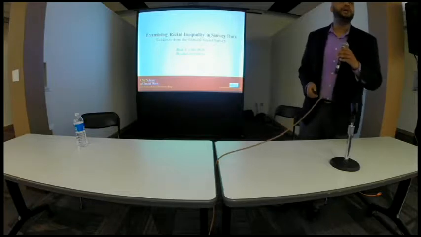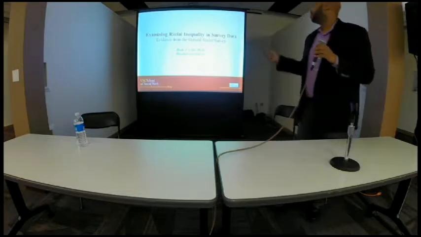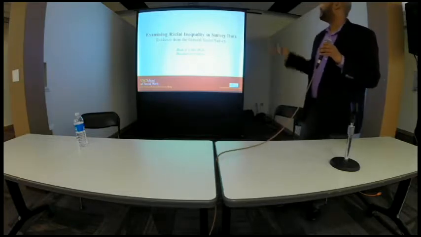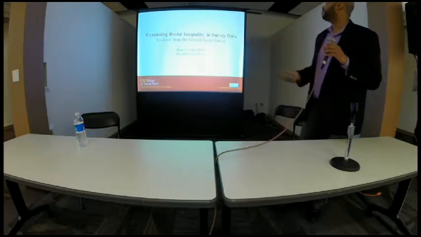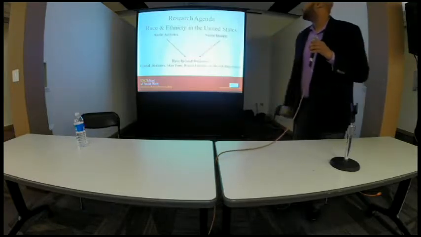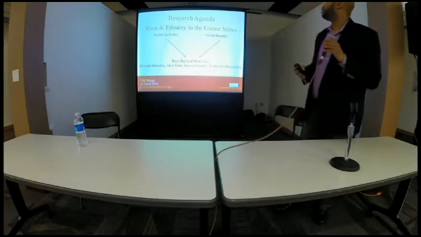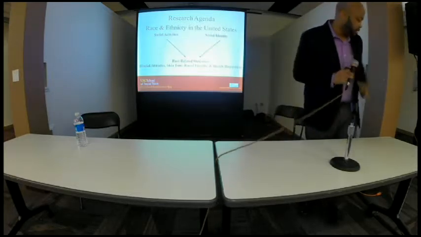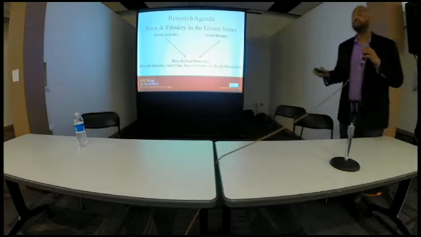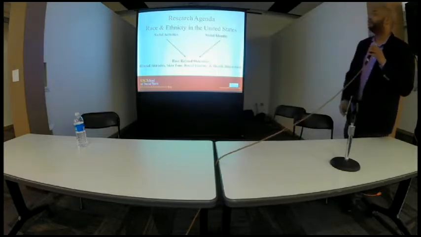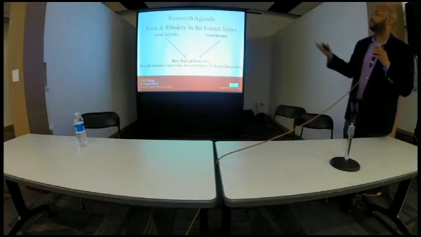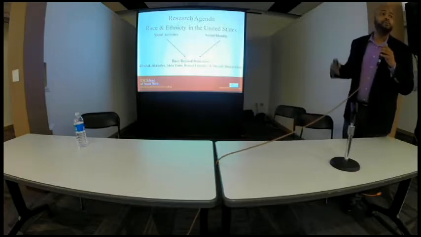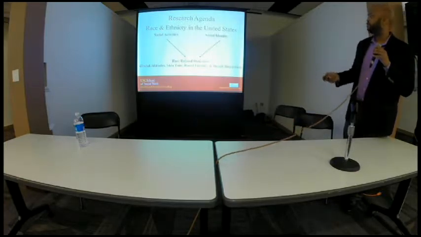Obviously, I'm a postdoctoral scholar at the University of Southern California. My presentation today is examining racial inequality in survey data, evidence from the General Social Survey. Broadly, I'm a scholar of race and ethnic relations in the United States. Specifically, my work looks at how social activities as well as social identities shape race-related outcomes. There are various race-related outcomes my research explores. It includes racial attitudes, measurements of skin tone, measurements of racial identity, and health disparities.